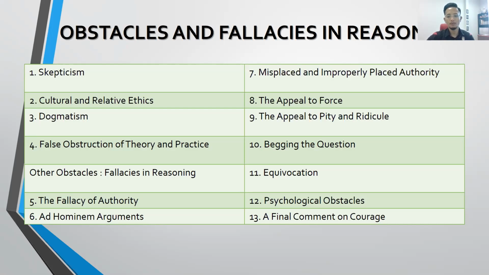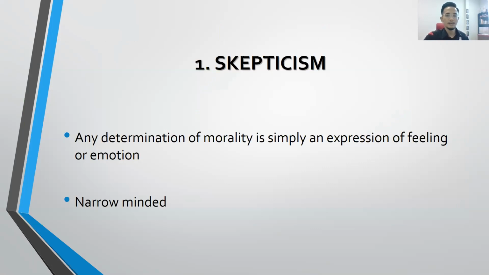So we will cover them one by one, and after we finish covering this chapter, you will realize your decision making is influenced by what type of obstacle or fallacy in your life. That's why we need to learn this, because normally in our daily life we decide to do something and something. So normally our decisions are influenced by what? So let's take a look. The first one is skepticism.